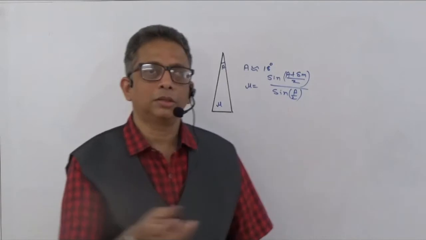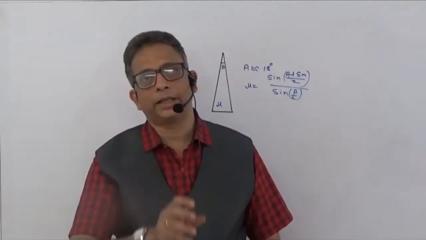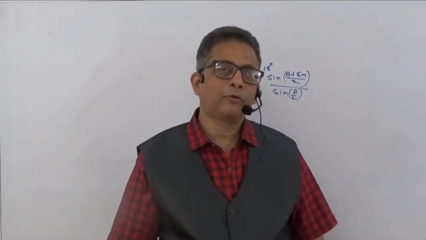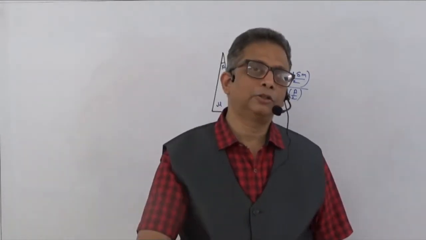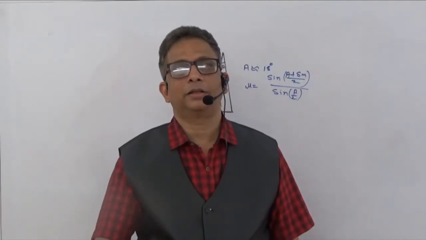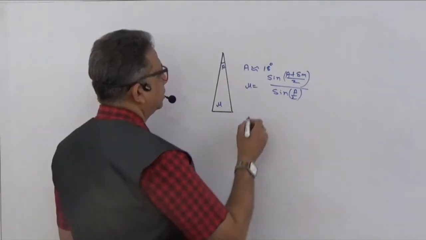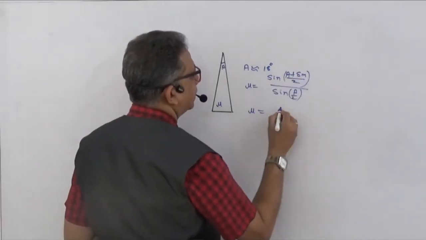So for cos theta, when theta is very small, that is, the smallest angle, that is 0. So cos 0 becomes 1. So for small angles of theta, sine theta becomes theta, tan theta becomes theta, and cos theta becomes 1. So here, since we are bothered about sine theta, mu equals sine theta, we can